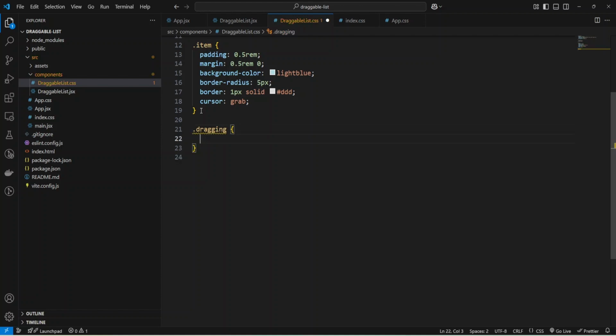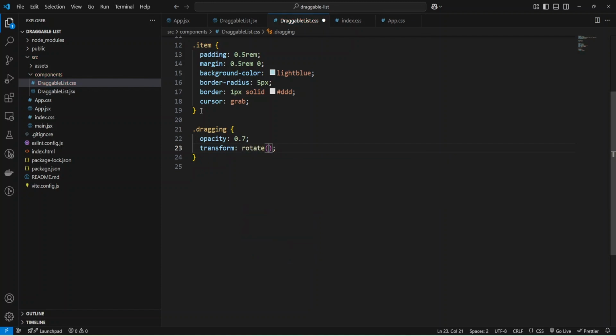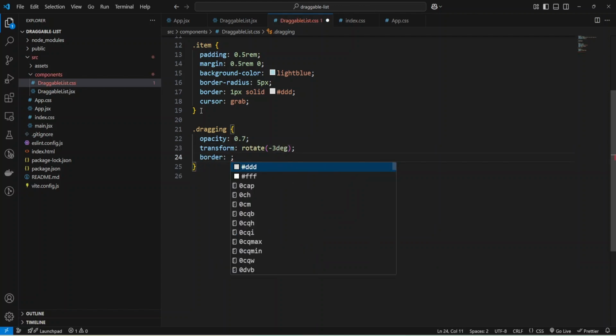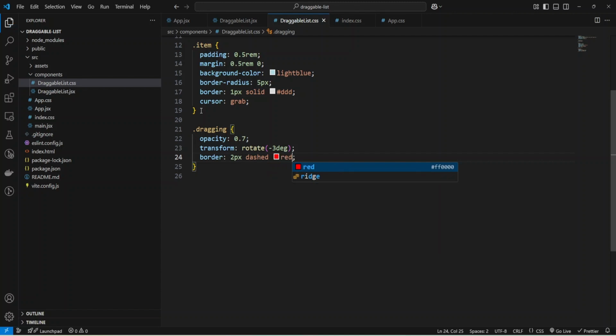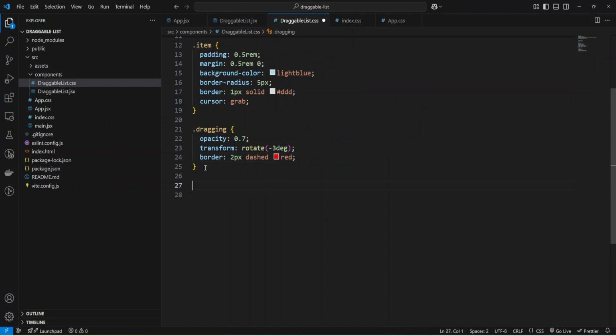And for dragged, let me add opacity like 0.7, and also add some transform and make rotate -3 degrees, and also add some border like 2 pixels dashed red. And for the hovered class, I'm going to change background color to red.